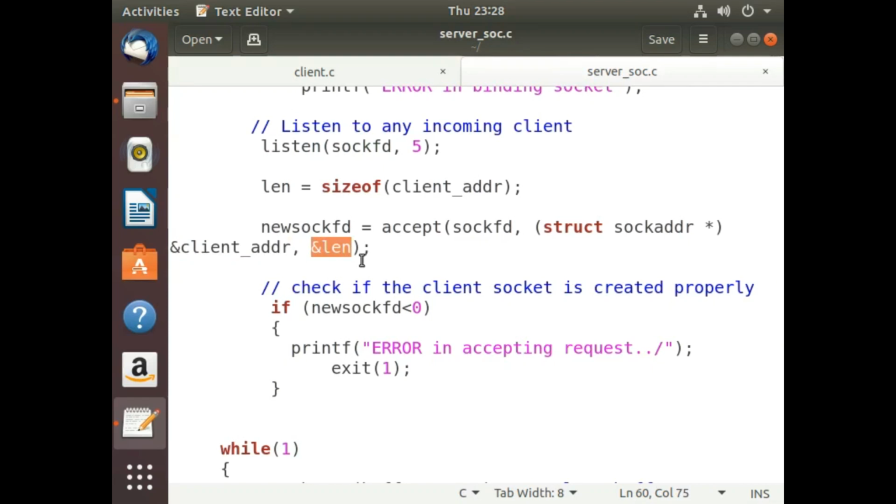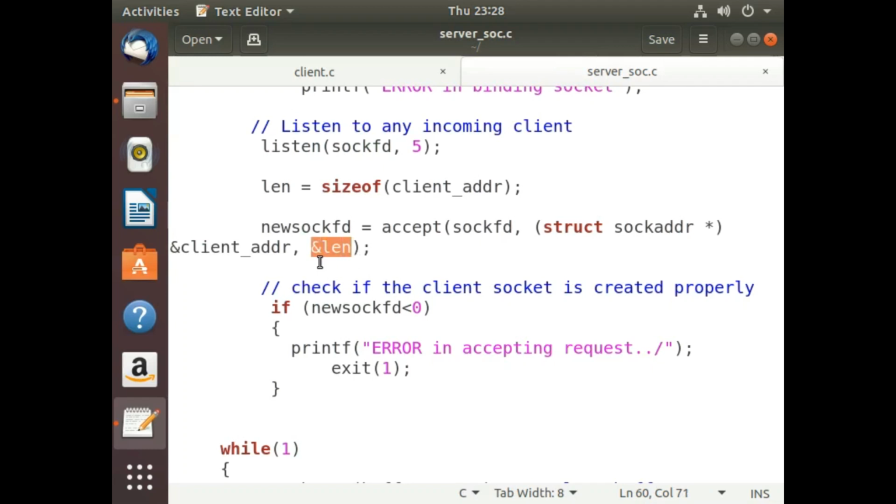So here, as I told earlier, we have calculated the size of that structure variable, kept it in len, and then we are passing a pointer to it. Understood? So this accept function is requiring a pointer to the size. So we have mentioned ampersand over here. So these are the general requirements of every system call. So that is why we have to put them accordingly.